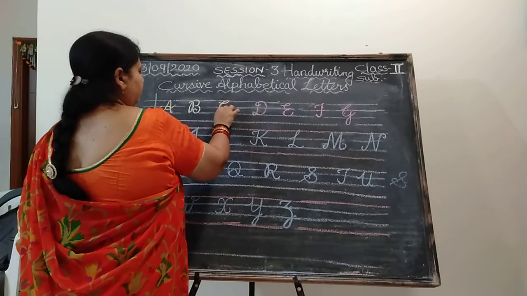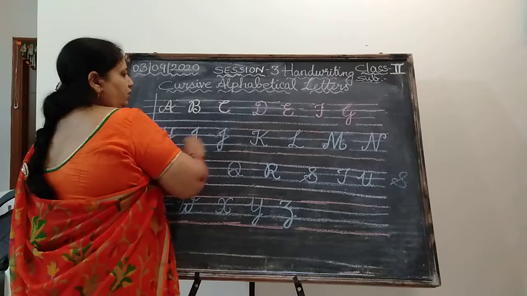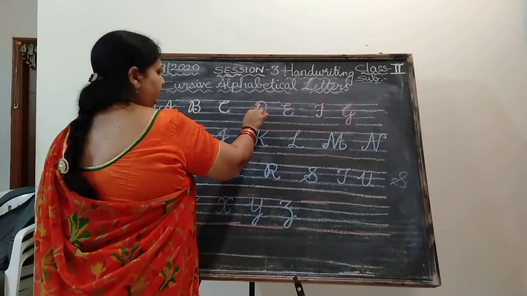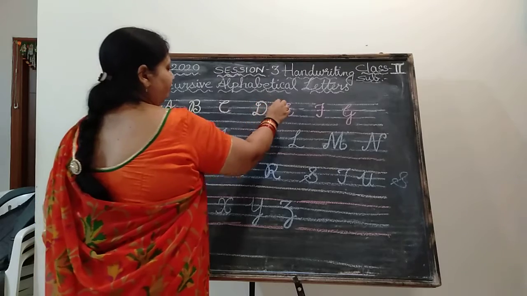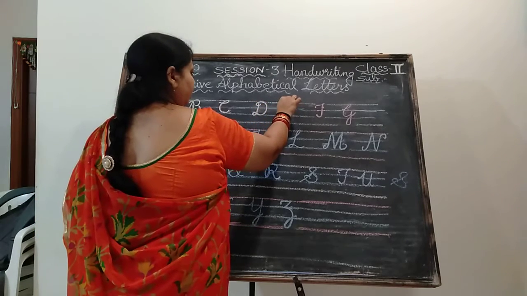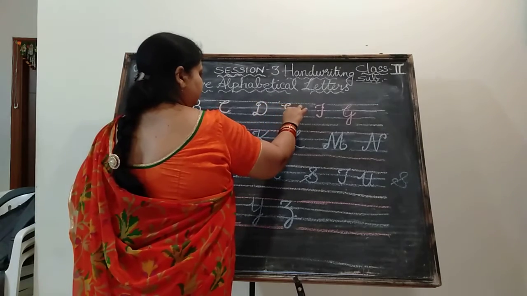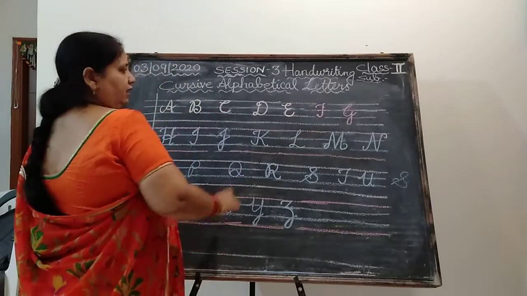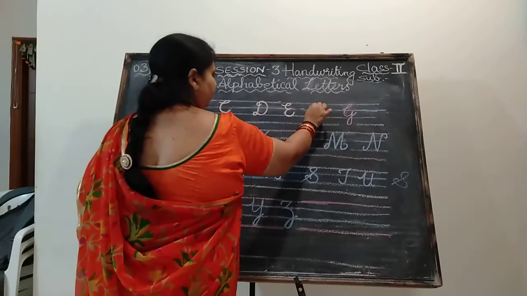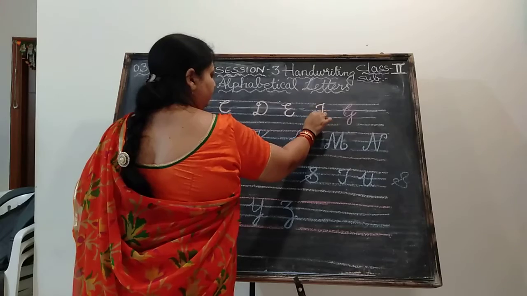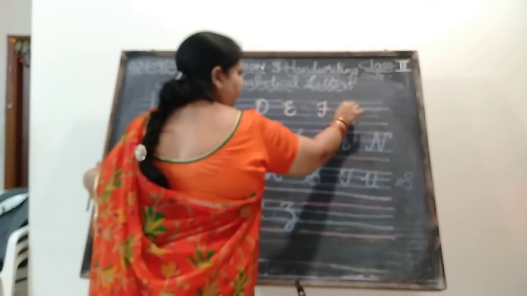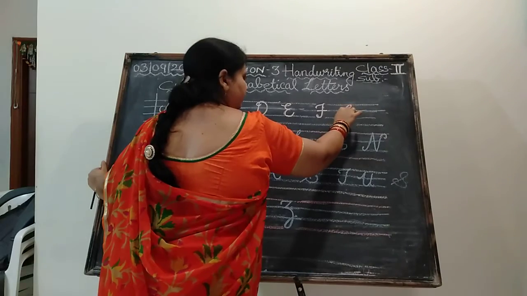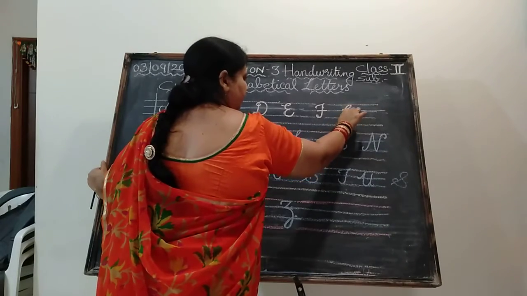This is cursive letter C. Good. Now the next letter is cursive letter D. Don't lift your fingers. If you lift your finger, you are disturbing that letter. Okay. See, this is cursive letter E. Is it clear for you all? I hope every letter is clear for you to write easily. F, cursive letter. And this is cursive letter G.